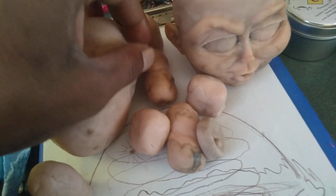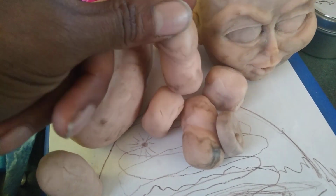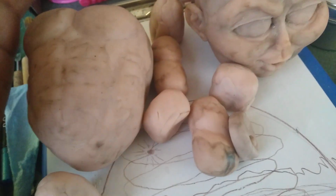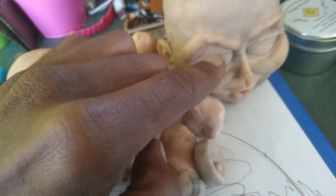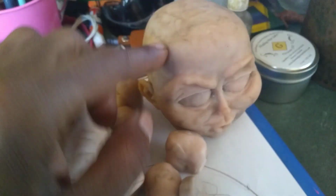So this is like the beginning stages of the Thor figure, which I'm basically working on the definitions. So I'm working on something stout with definitions, but then I'm gonna go over and mute it out to make it look more natural, I guess. Like soften the edges a little bit more. But it's gonna be real because it's gonna look cool. It's gonna have real eyes that are glossy and real teeth, but skin, like human skin with hair